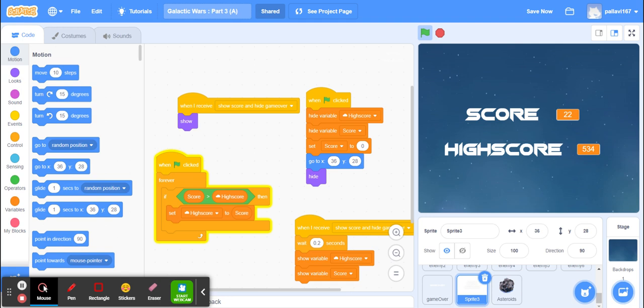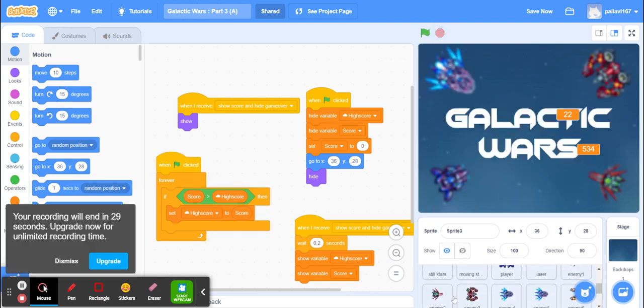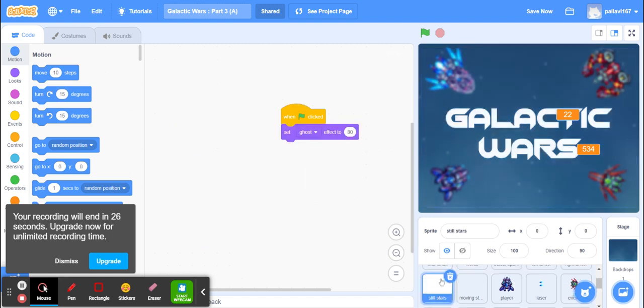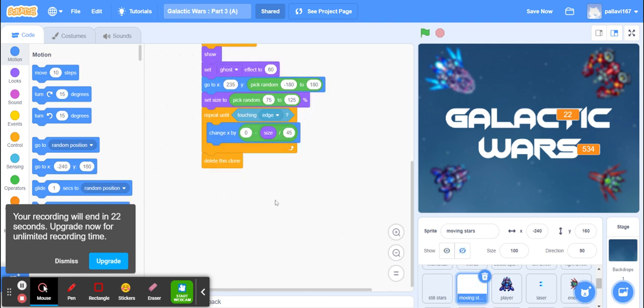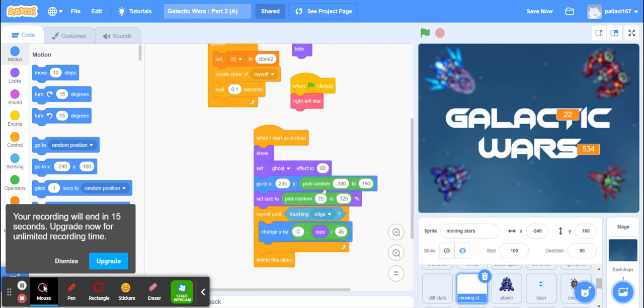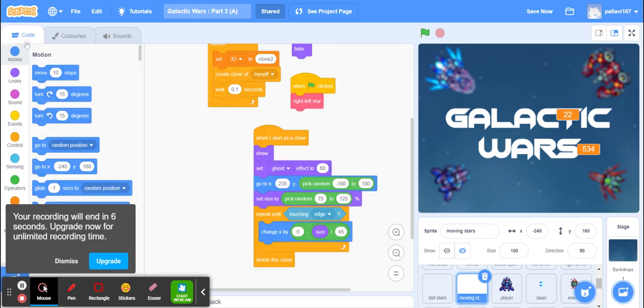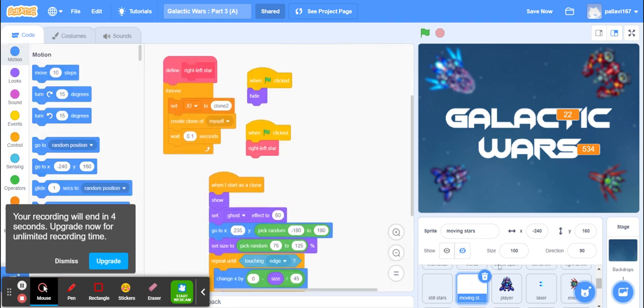So this is it. In the extension task, if after all this is done you still have time, you can do the extension task to show the moving stars in the background. So this is the code for it. I'm drawing the tiny white dots, and then I'm making them move from right to left. There is just a white tiny dot as a star that I have drawn here, and this is the script to make it move in the background. That's the extension.